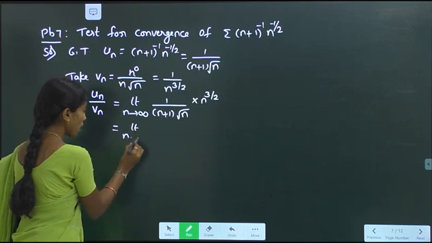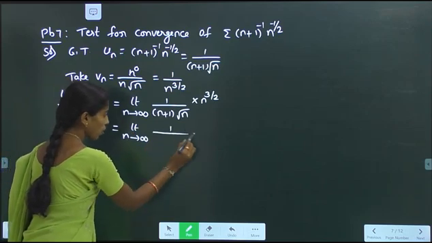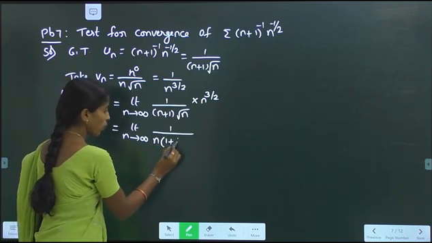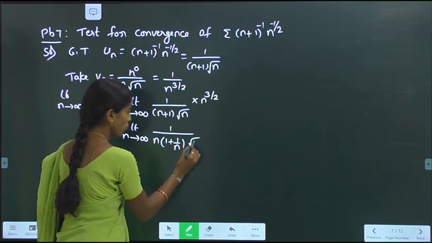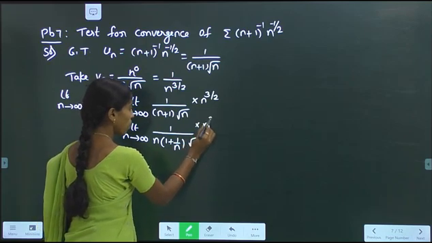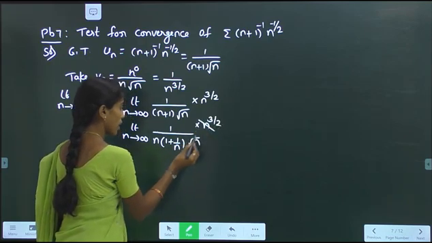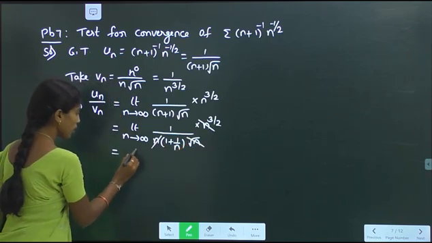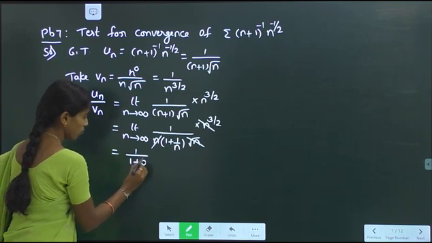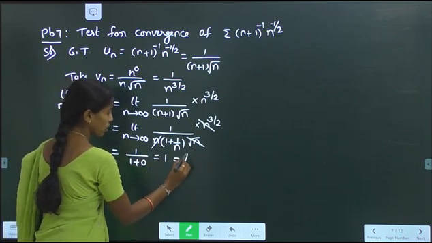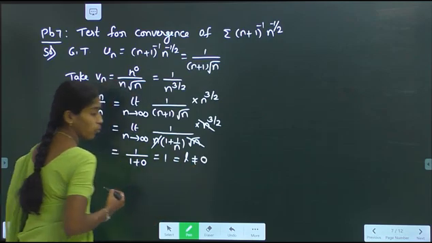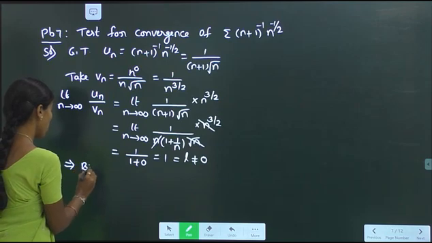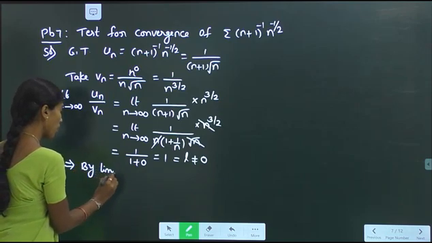Now taking common the maximum power of n from the denominator, that is n into (1 plus 1 by n) into root n, in the numerator n power 3 by 2. It cancels with these two terms. As n tends to infinity, 1 by 1 plus 0, 1, it is not equal to 0 and 1 is a finite value, implies by limit form of comparison test,